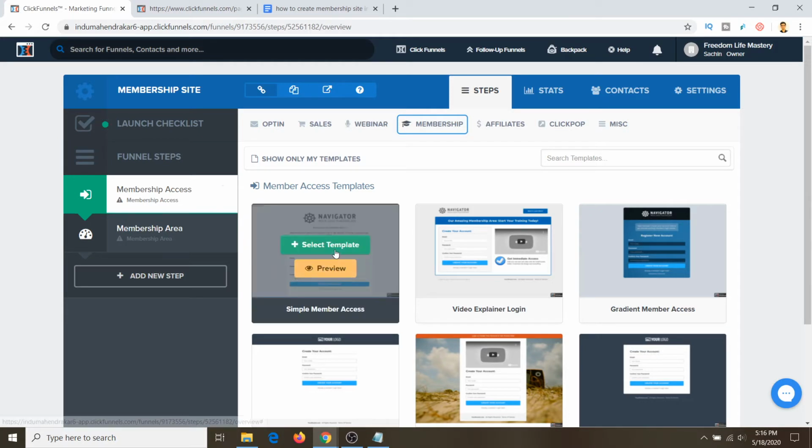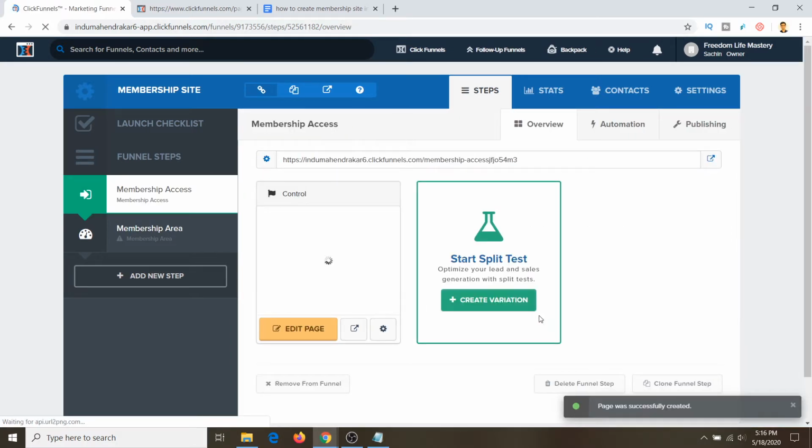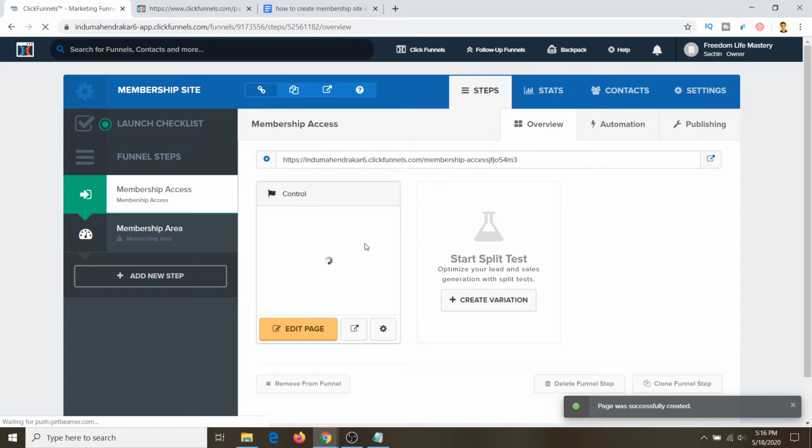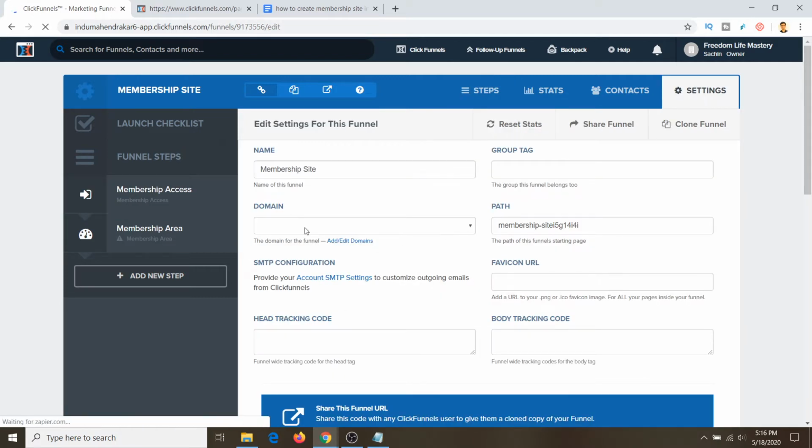So I'm just going to choose a very simple template here. You can check other templates as well. We will just keep it as simple as possible. Once you import that template, as I explained in my previous video, you can set up your domain by going to settings. Here is the domain.